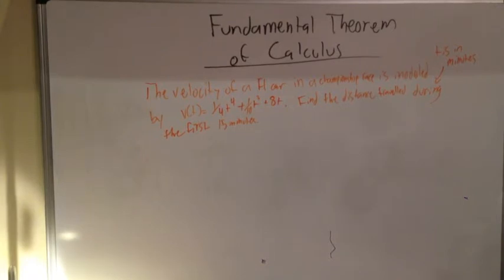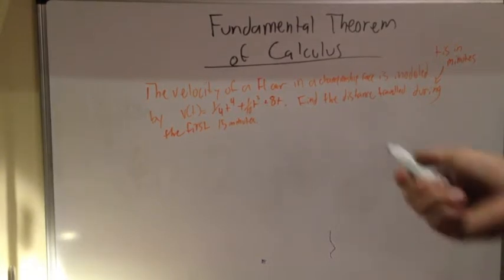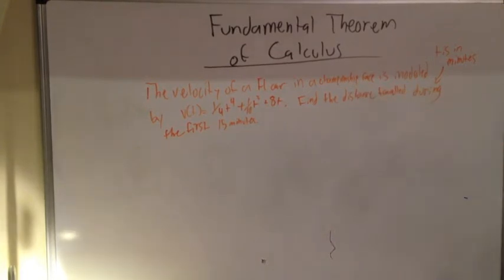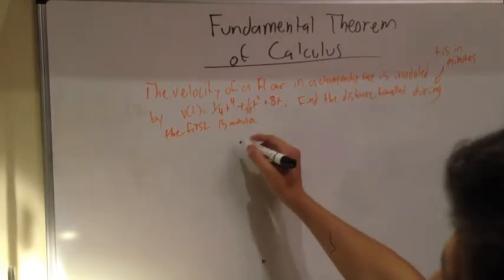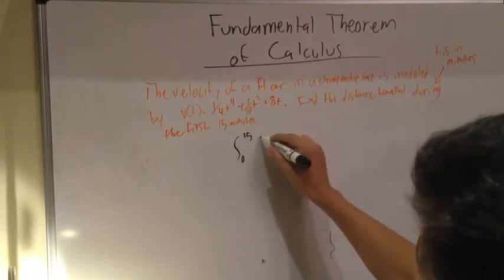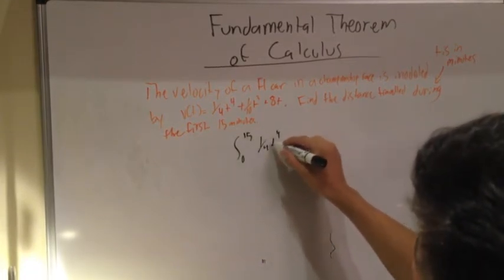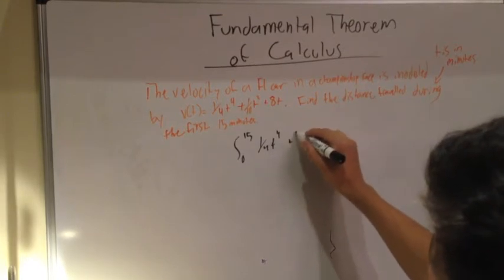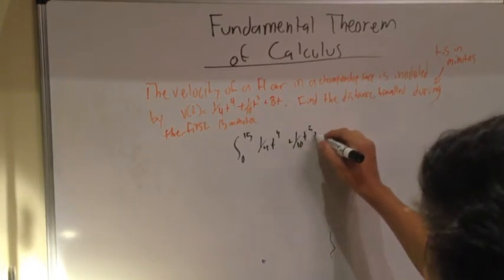Because velocity times time equals distance, you can find how much the car traveled by integrating that function. So the integral you need to find is the integral of 1/4 t to the power of 4 plus 1/10 t cubed plus 8t